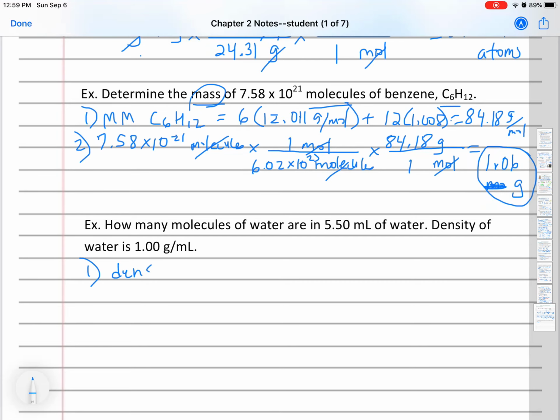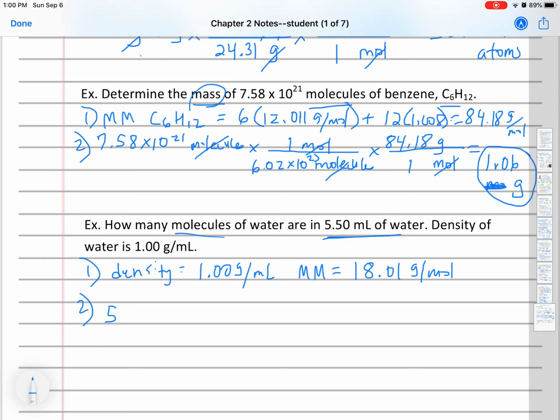So we're given density, all right, is 1.00 grams per milliliter. All right, the molar mass of water, we actually calculated earlier in the lecture, so I'll just write it here, is 18.01 grams per mole. And of course, Avogadro's number, I'm not going to write that one out, but we might need to use that one as well, because it's asking how many molecules. So now let's actually set up and do the problem.